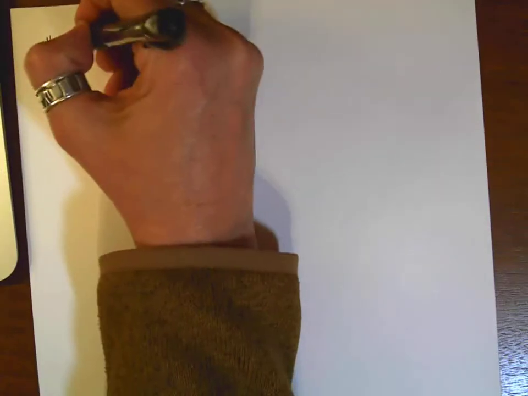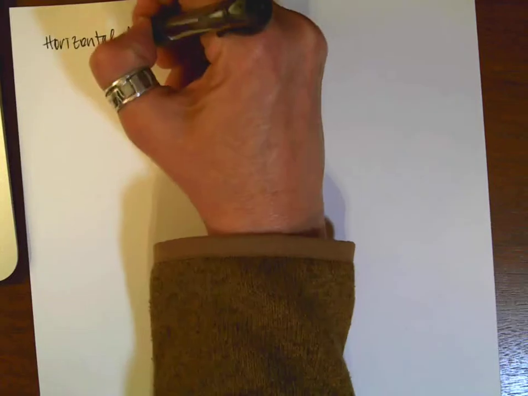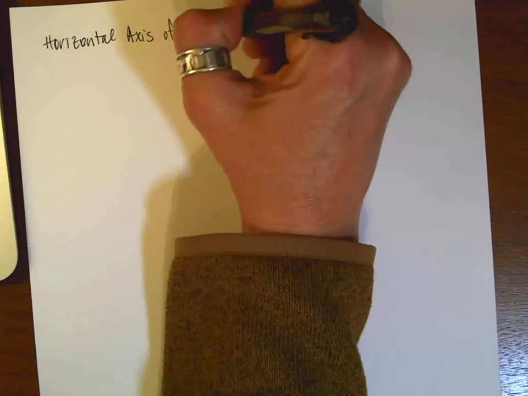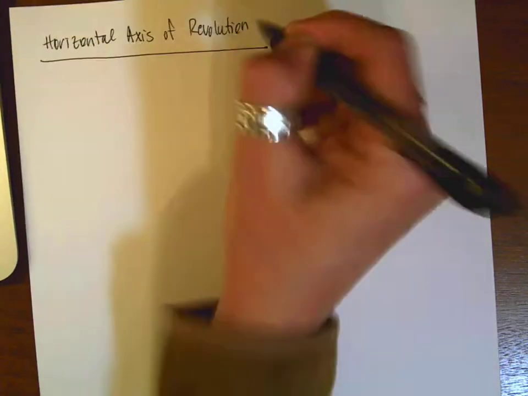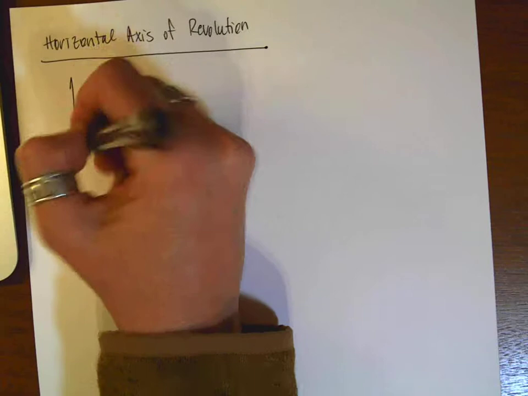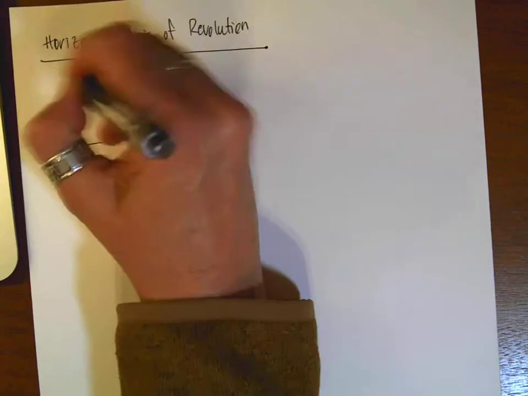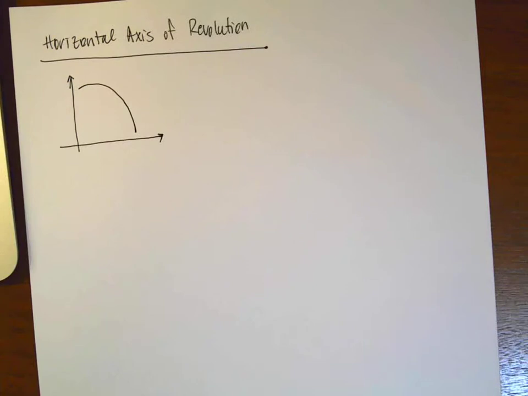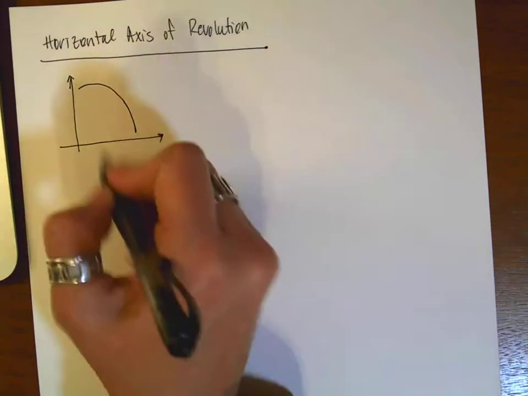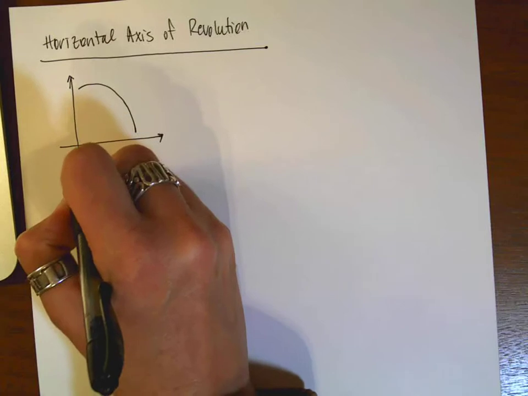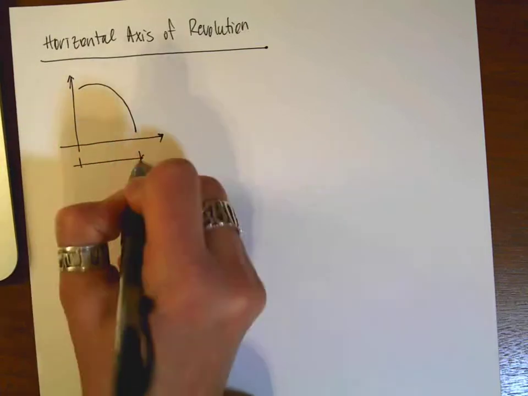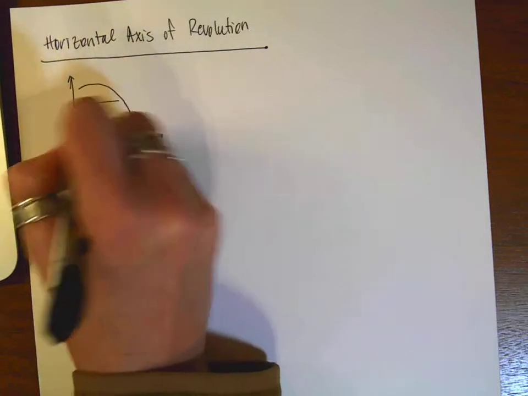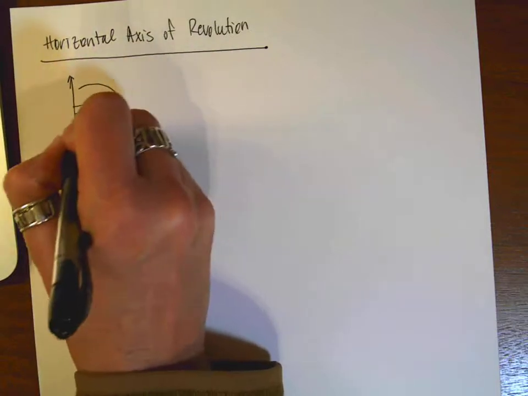If I have a horizontal axis of revolution, and I'm going to draw a little picture. So let's say here's my first quadrant, and maybe let's say I have some curve, right? So then the height is going to be here. So this is going to be the height of my, let me draw my little rectangle in here like this,